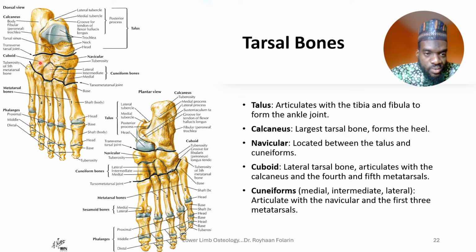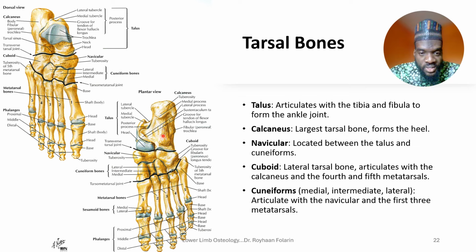Okay, so here is the cuboid again, and we see the navicular bone here, and the navicular bone also has a tuberosity, so that's the navicular tuberosity. What else do we have here? There is the metatarsal, so we'll come back to those in a while. This is the dorsal view, and then on the ventral end, pardon me, the plantar end or the plantar view,